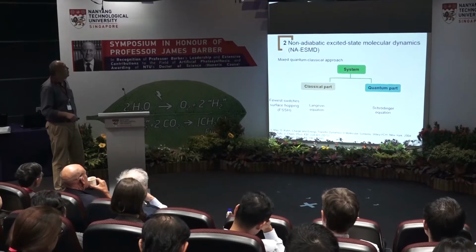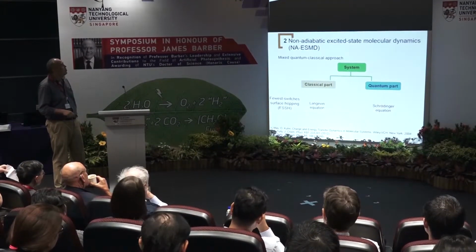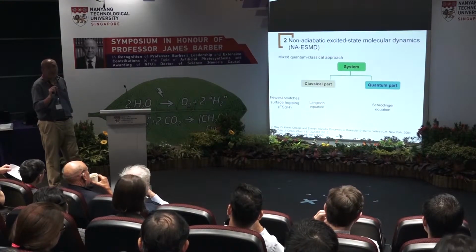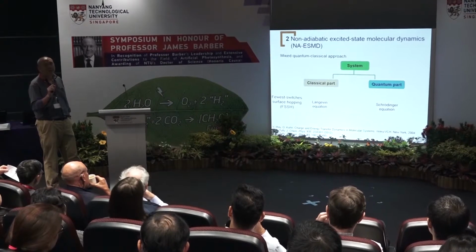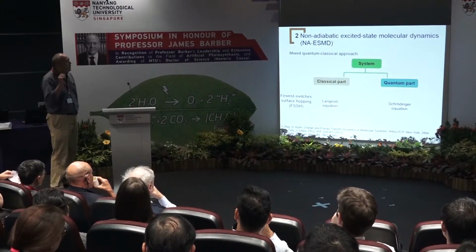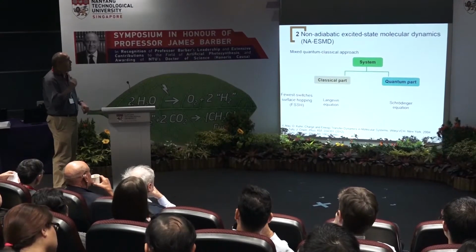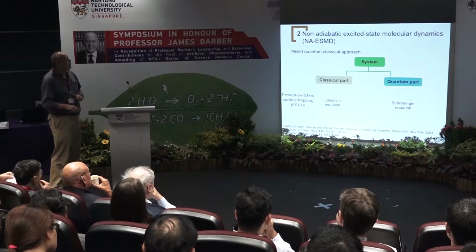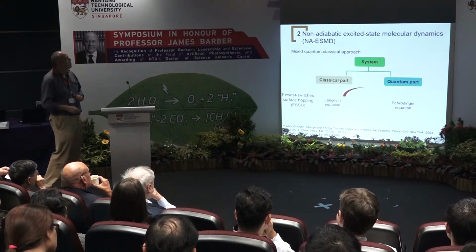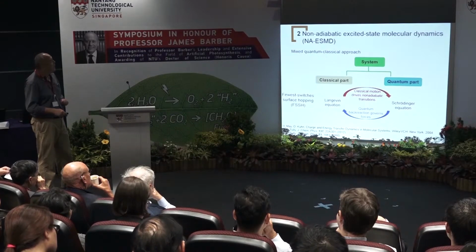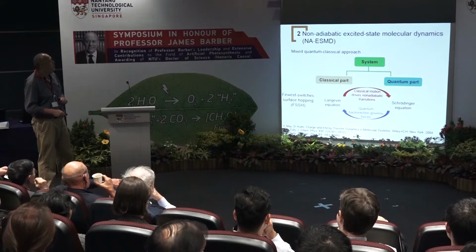And on top of that, we will use a constant temperature Langevin equation. The hopping part actually tries to mimic the quantum mechanics for the nuclear degree of freedom. It's not very quantum mechanical, but it's good enough for the purpose. And the electronic degree of freedom will use the Schrödinger equation, and these two parts have feedback back and forth to make sure that the approach is self-consistent.